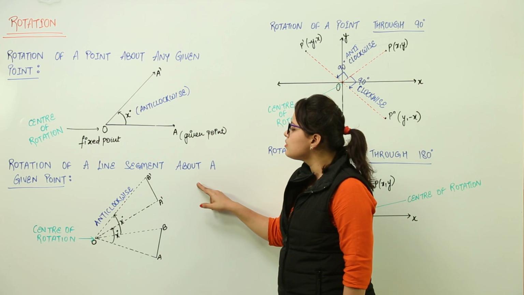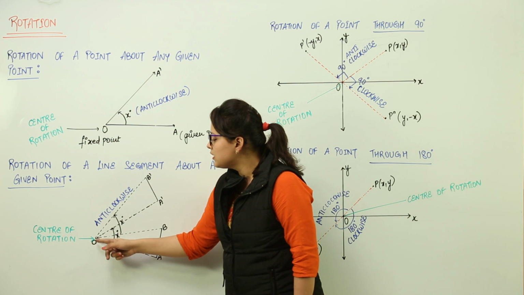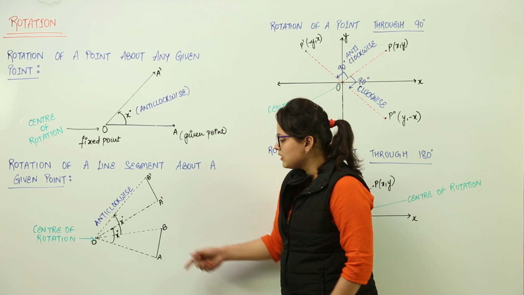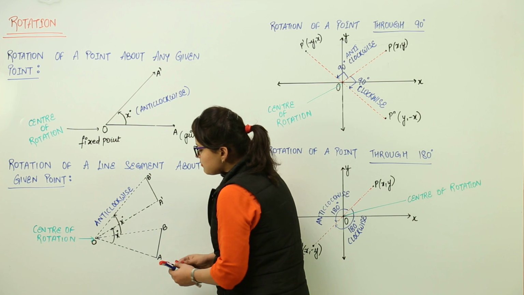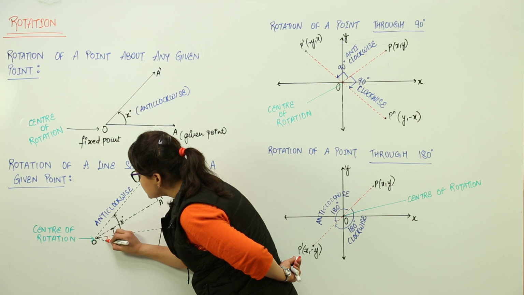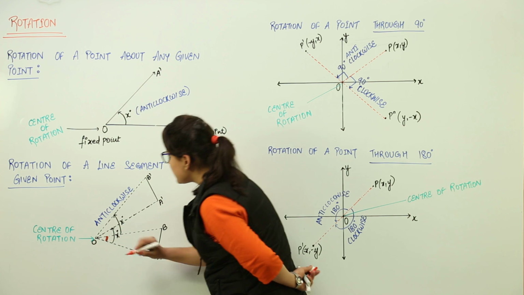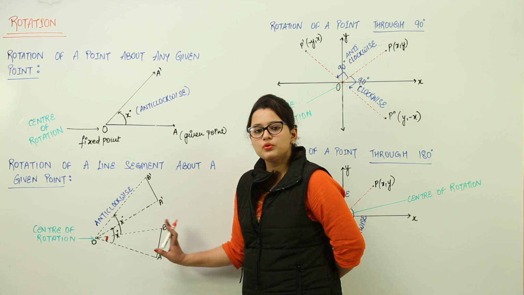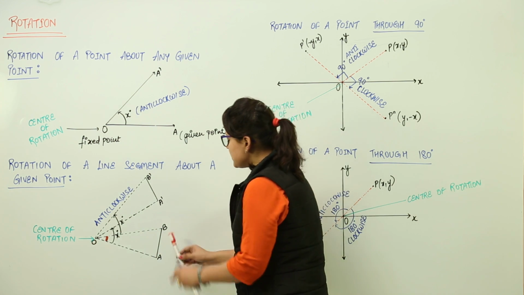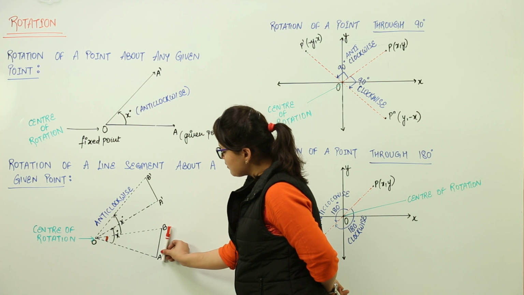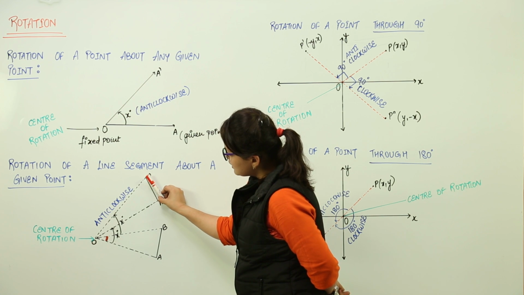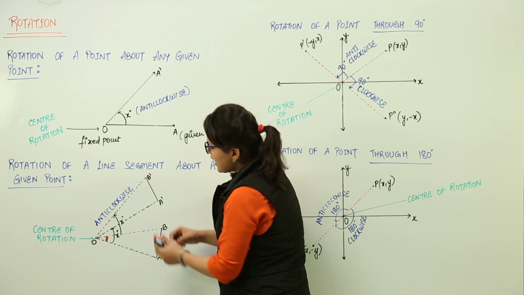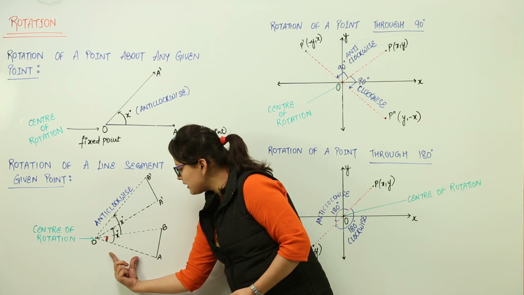Now, we have the rotation of a line segment about a given point. Now, we have a given fixed point O. We have a line AB. Now, this line AB is at some angle with this fixed point O, right? This line AB is making some angle with the fixed point O. But if we want to rotate this, say I have it like this, if I am rotating my line, now the position of AB has changed to A dash B dash, and we can see clearly that the line segment